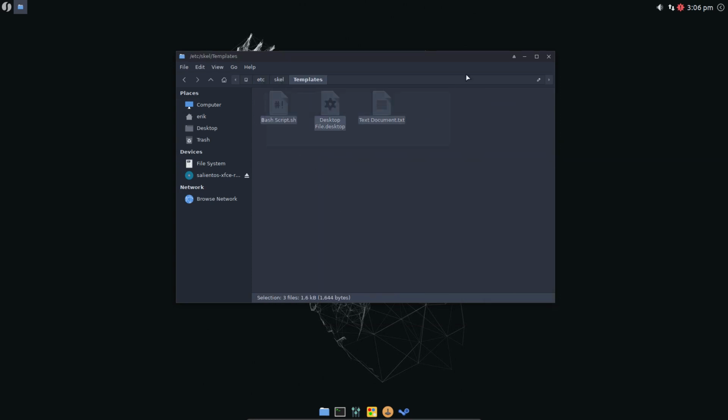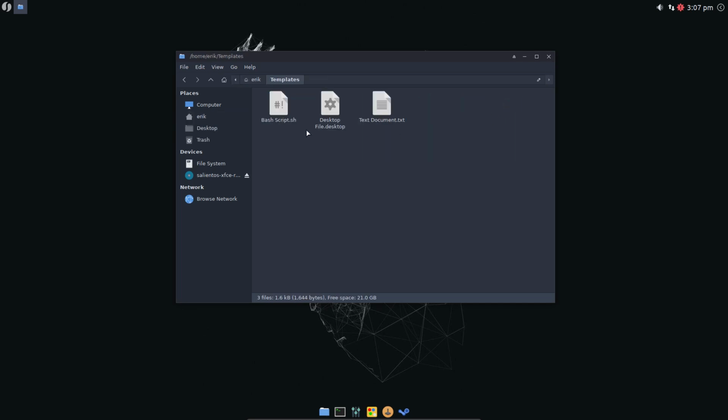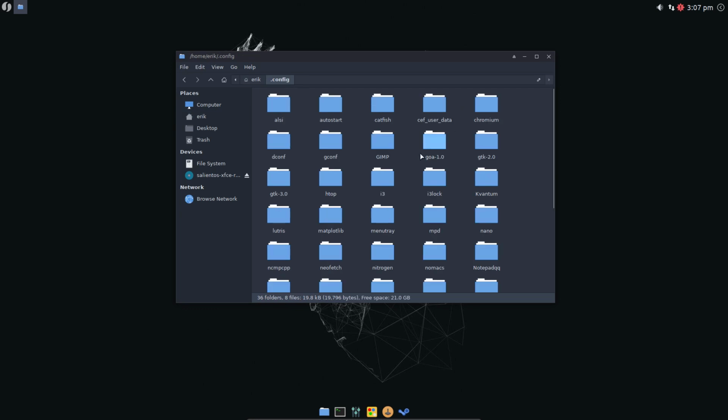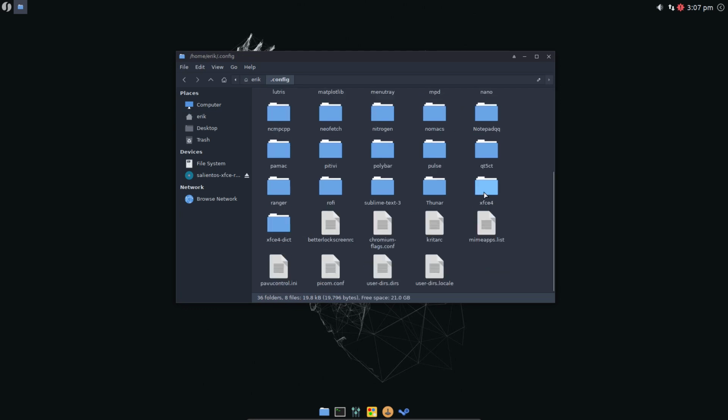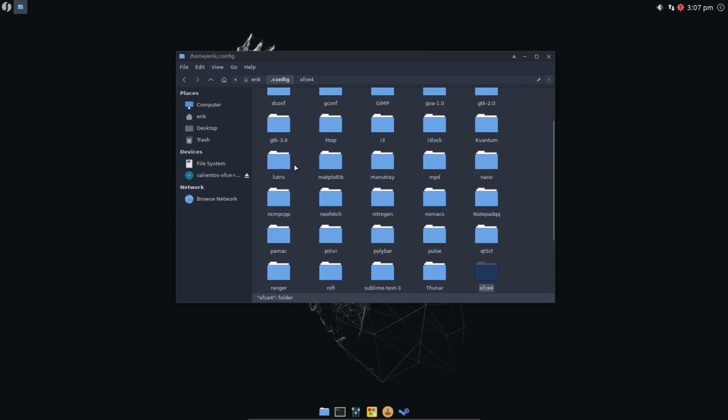Templates. So have a look what this is. I don't know what this thing is, but there is nothing for the rest. So it's not coming from here, that's for sure. So it's copied over. So the settings, I don't know where the settings are, but they have been applied since they're all in here.